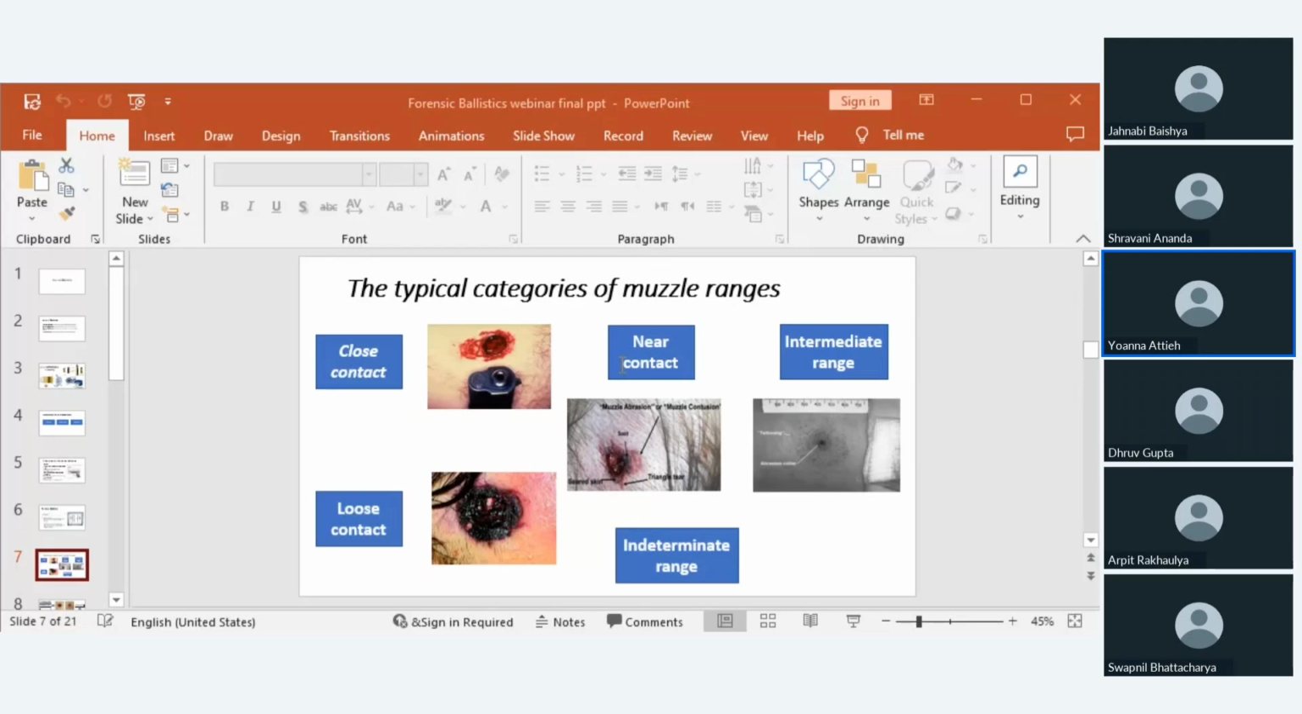Each of these categories helps forensic experts to narrow down the circumstances of the shooting and provides valuable evidence for crime scene reconstruction. Now, moving forward, we're going to talk about